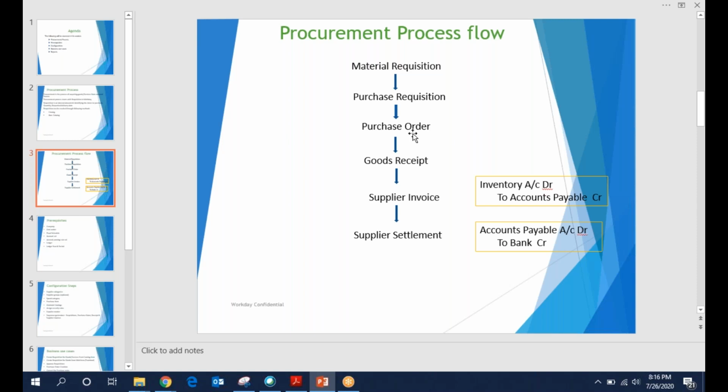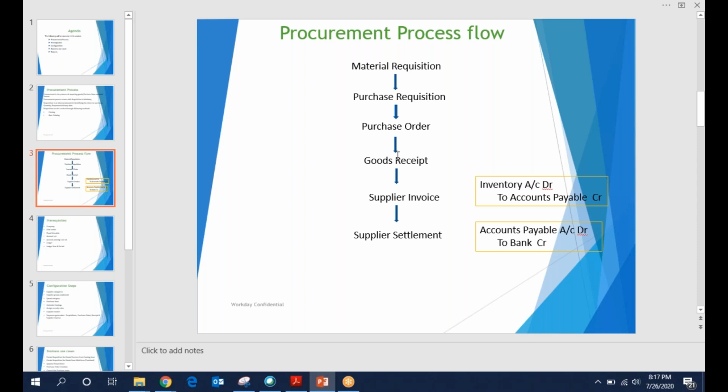There is also no accounting entry generated within the purchase order. The purchase order is an external document, while the requisition is an internal document. What is meant by internal? Internal means the document will not be sent to the seller, meaning the supplier or vendor. The purchase order is the document that is already approved internally to procure something, so we send it to the supplier, and the supplier will send the goods.